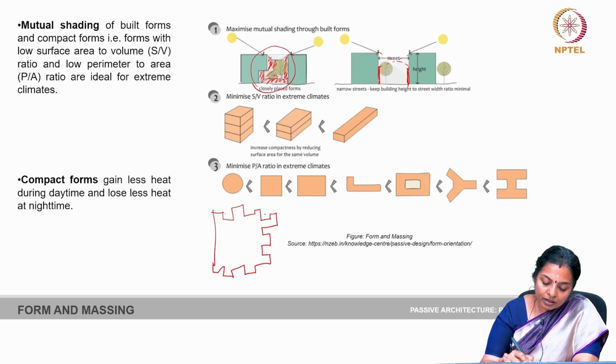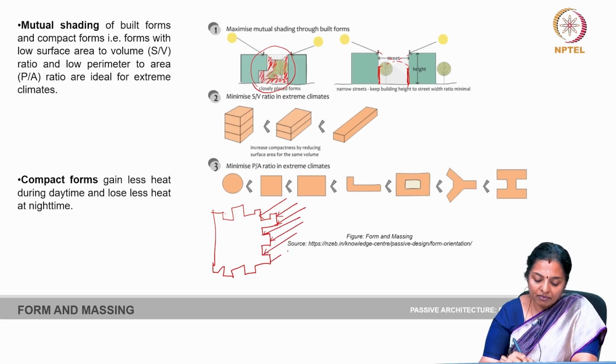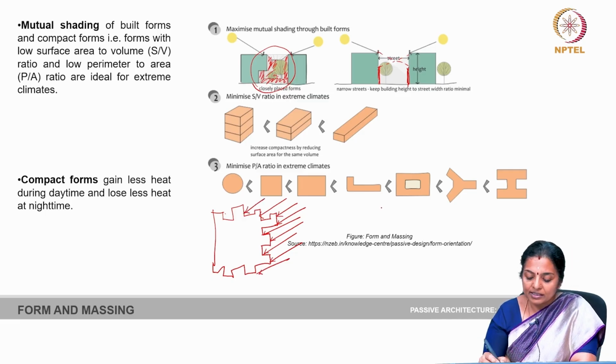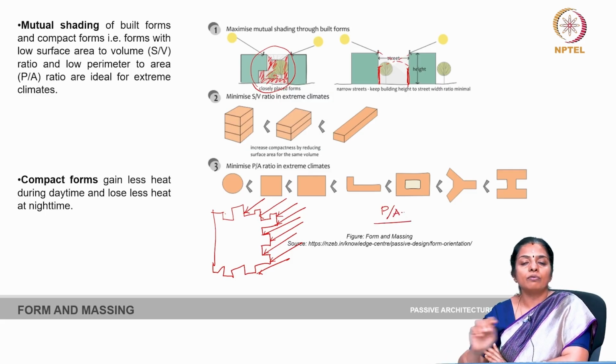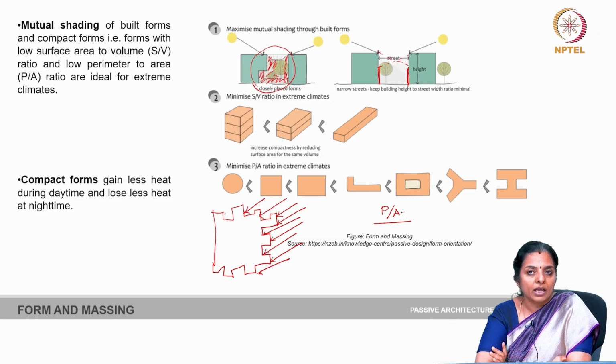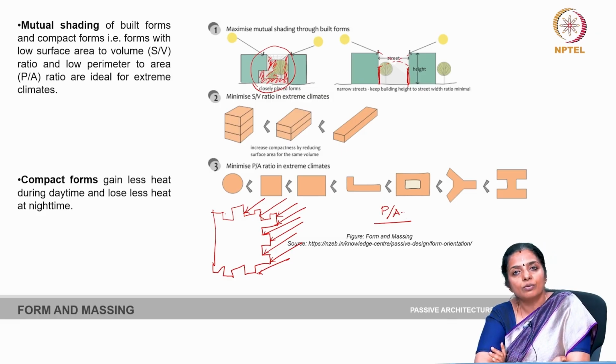So, more the perimeter, more the opportunity for solar radiation to strike, whether it is mutually shaded or not shaded, and hence P by A or perimeter by area ratio is important when you evolve a form and also in the